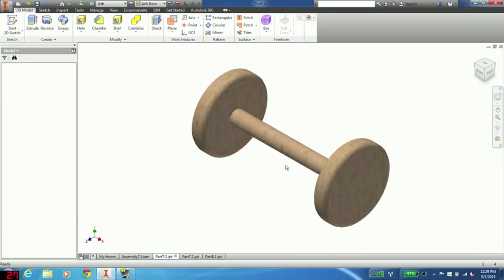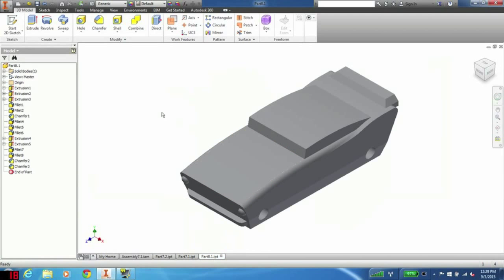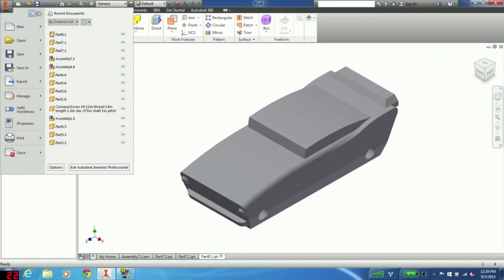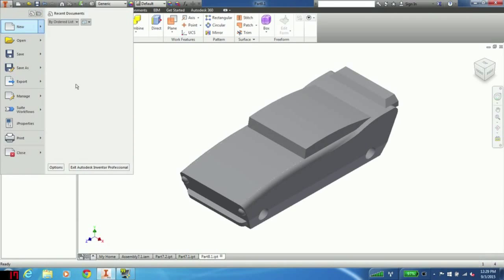And now we need to create the wheels. This will be very simple. We're going to create the axle. Then we're going to create one wheel on the other side, come over, use project geometry to get the distance of the wheel on the other side. We're going to extrude that out, and then we're just going to fillet the edges to give them a nice kind of rounded look. So we're going to new part